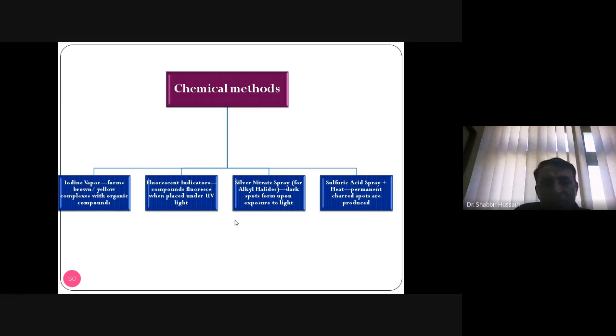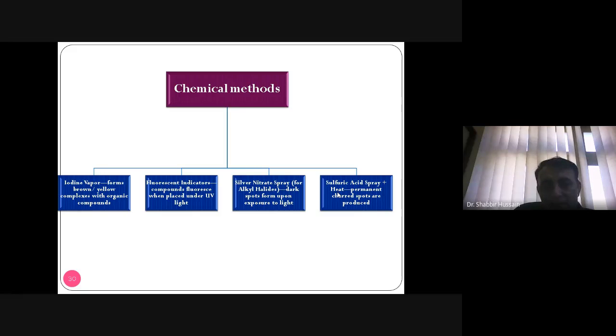A Dragendorff reagent is most frequently used to identify either alkaloids or nitrogen-containing compounds present in your mixture or not. इसके अलावा आप आयोडीन वेपर्स को भी इस्तेमाल कर सकते हैं। फ्लोरेसेंट इंडिकेटर्स हैं, इनको आप इस्तेमाल कर सकते हैं। सिल्वर नाइट्रेट स्प्रे कर सकते हैं और सल्फ्यूरिक एसिड स्प्रे करके इसको हीट करके आप इसके जरिए भी कर सकते हैं। बट मोस्ट फ्रिक्वेंटली वी आर यूजिंग सेरिक सल्फेट सॉल्यूशन एज स्प्रेइंग एजेंट फॉर विजुअलाइजेशन